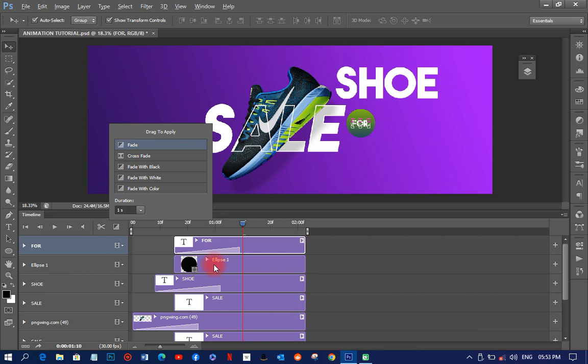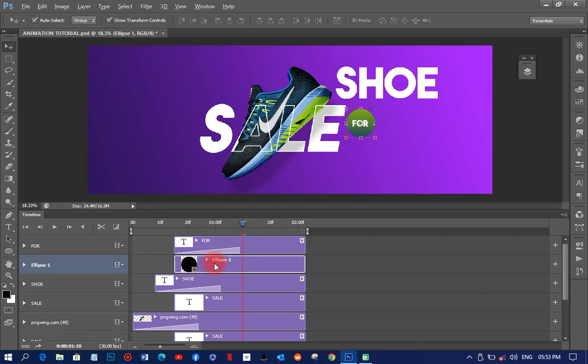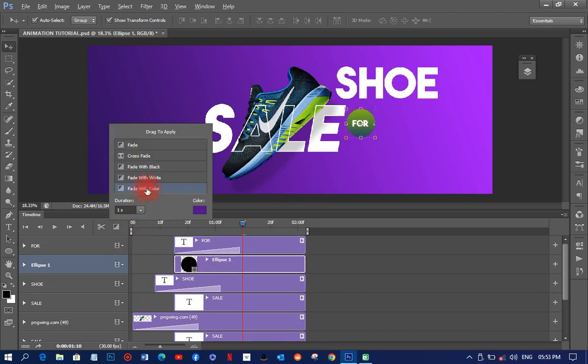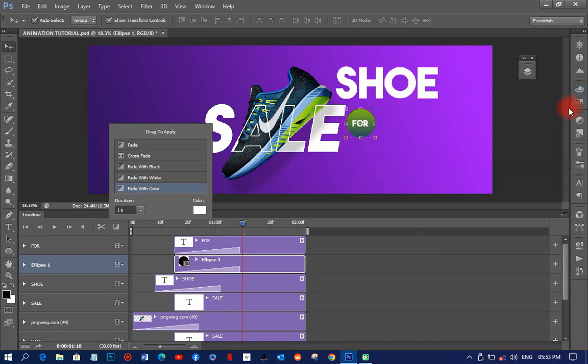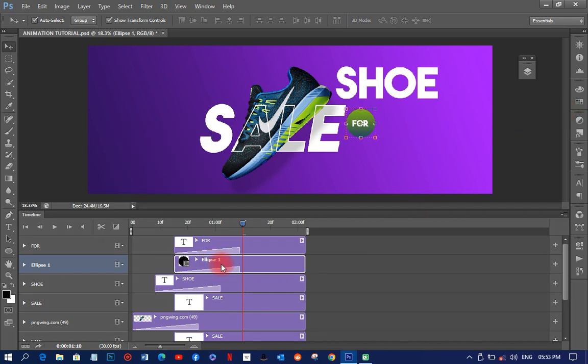Okay, fade. And this one to the circle. For the circle, I'm going to fade it. I'm going to give it a fade with color, and that fade with color, I'm going to give it white, just like that. You get that? Yes. And then I'll make sure that the circle should come before